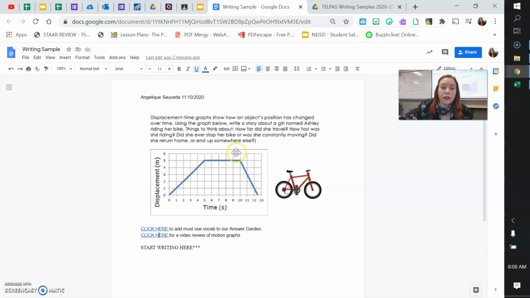And then it says, did she return home, or did she end up somewhere else? We look at this slope, and we should know that a downward slope means returning to start. So you should mention that she, yes, did return to start, her home. And it took her, she left at 10, she got there at 12.5. It took her 2.5 seconds to bike her ride home. And then her distance as she traveled was 5. So if you take that 5 and you divide it by the 2.5, you would get 2 meters per second